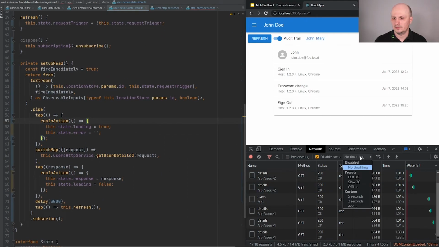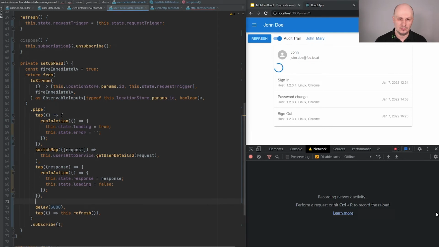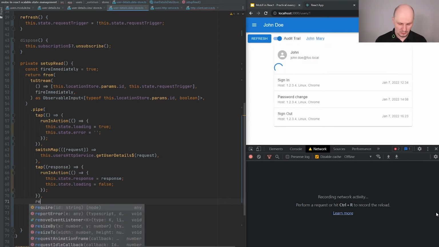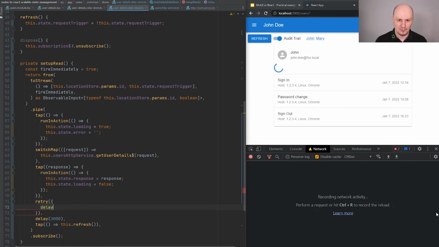Now what if I turn off the network? Then my stream hangs. I didn't cover the error, so we need to use another operator, retry, which is dedicated for handling RxJS failures, and we can configure some delay.